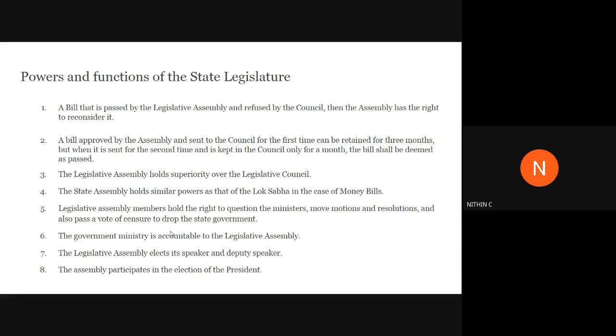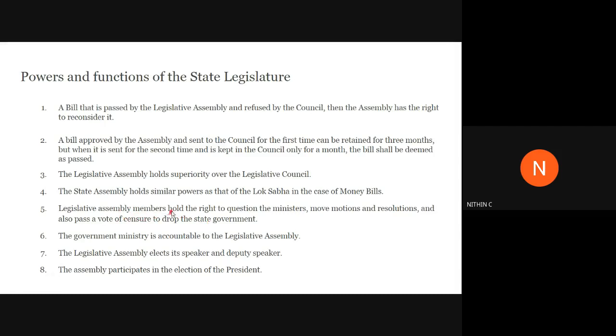This is also clear from the role of the opposition in the legislative assembly. They have the right to question the ministers. We have said this statement before: the ministers, that is the council of ministers, are answerable, or responsible, to the legislature. You can put that sentence this way: the council of ministers along with the chief minister is responsible to the legislature. That is, they are answerable to the questions raised in the legislature.